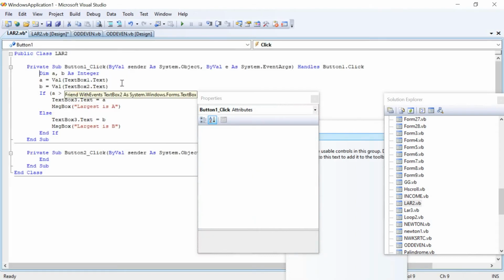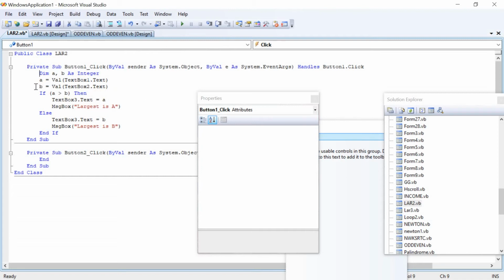Whatever we enter via the text box will be of text type. It has to be converted to number type using the Val function. Val indicates value, which will be converted to number type and later stored in the variables A and B. Text box 1 input will go to variable A and text box 2 number data will go to variable B.